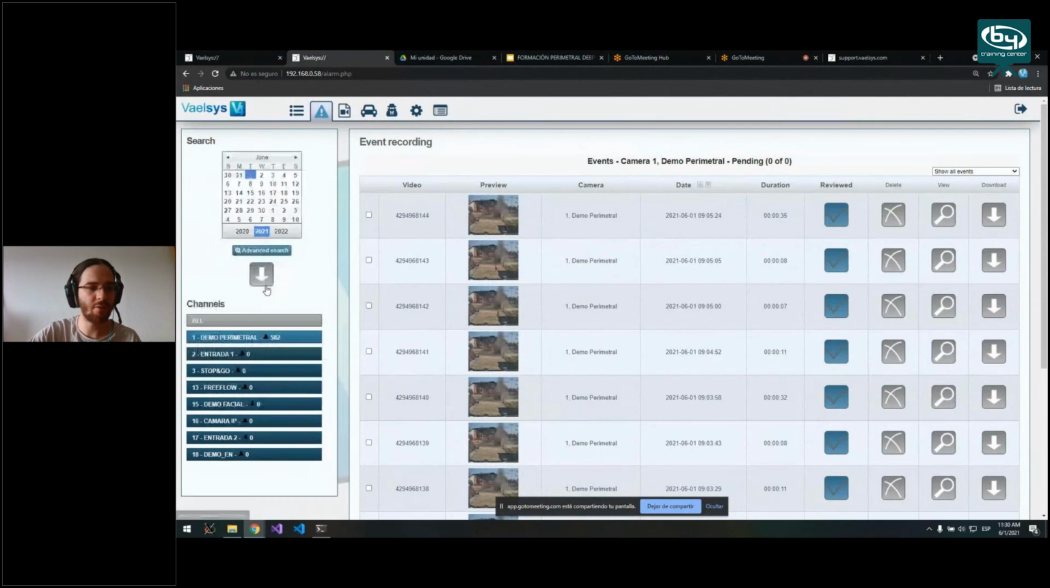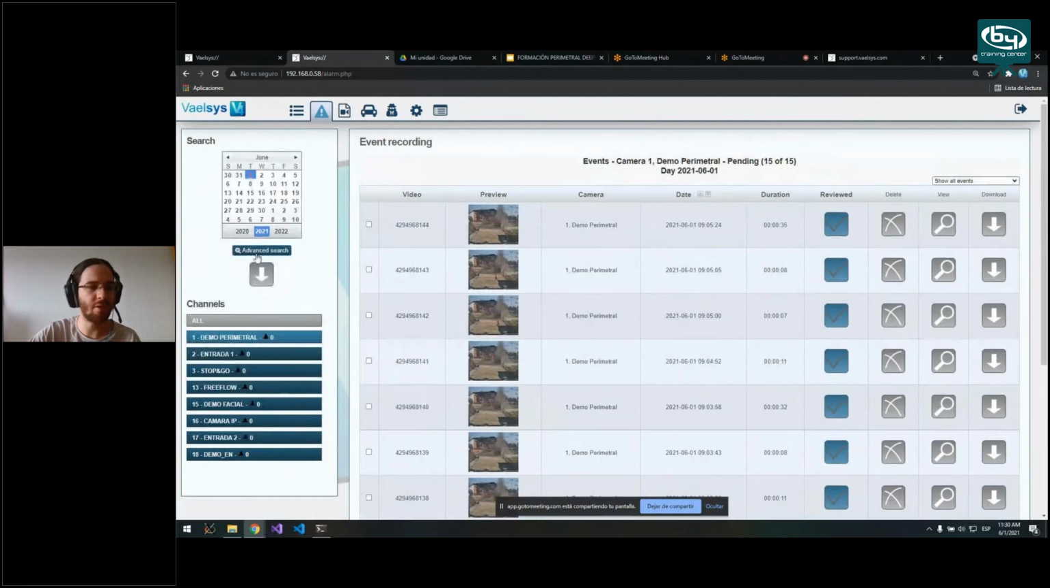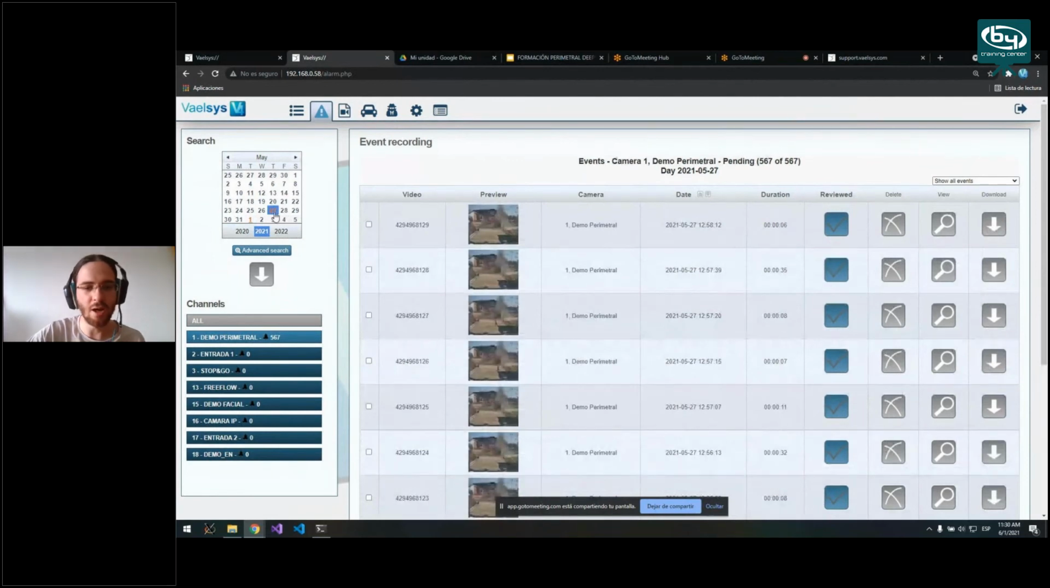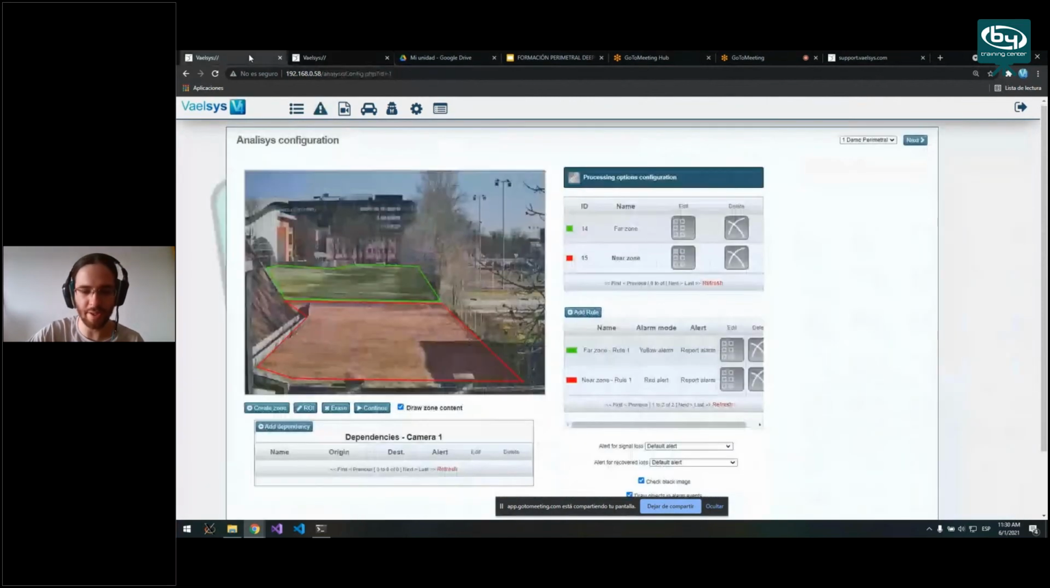If I go back to the simple search, I could also see that we have here a calendar, and if the number is orangish, you could click on it, and it means that on this day there are events that you could review. Okay, so coming back to the configuration, we have other processing options, and these processing options